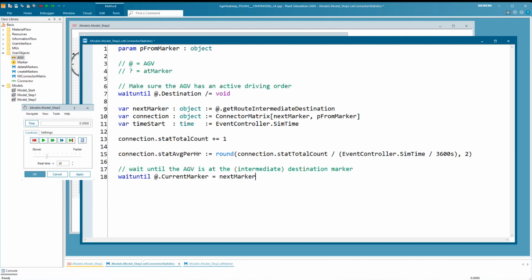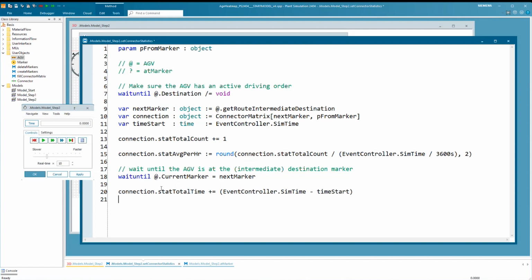So for any marker along the route to the final destination, I wake up here and I can now say connection step total time is increased by the time that I spent. So I get the current simulation time, and I subtract when I left, or when I started driving along this connection.